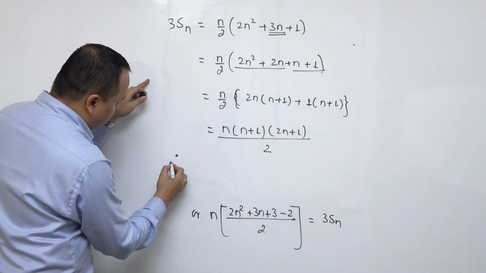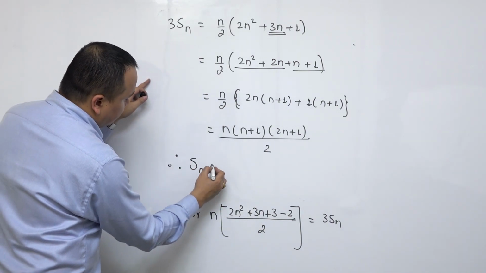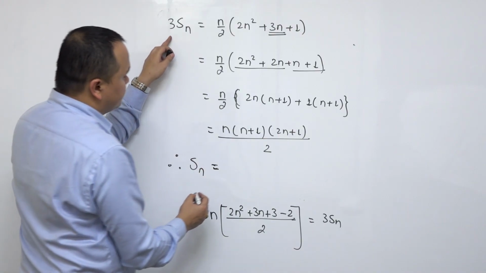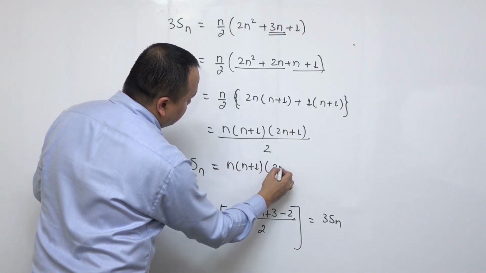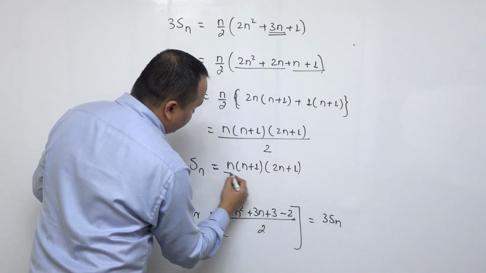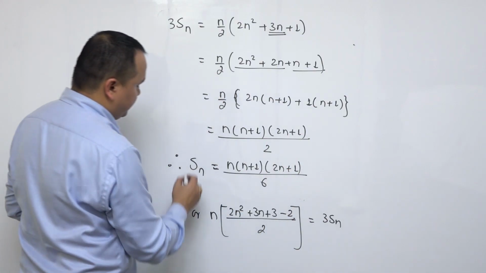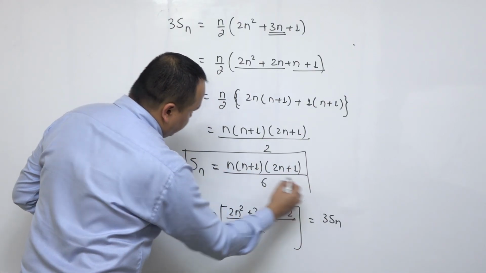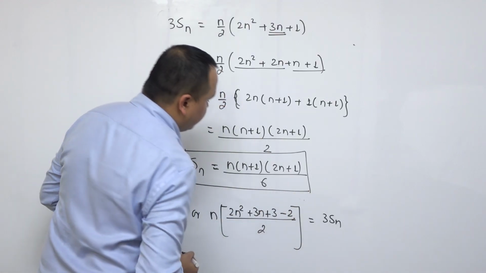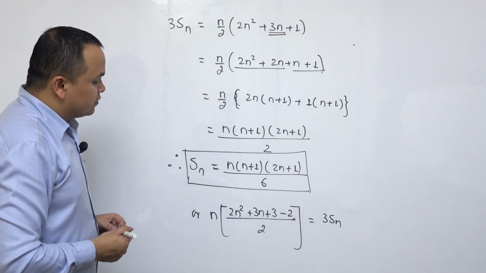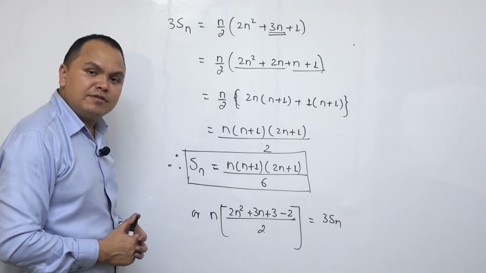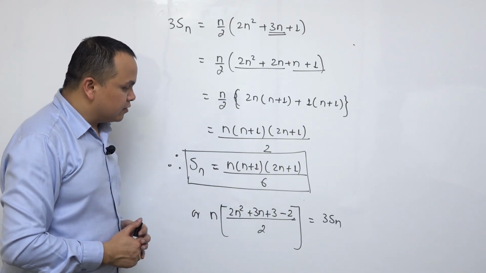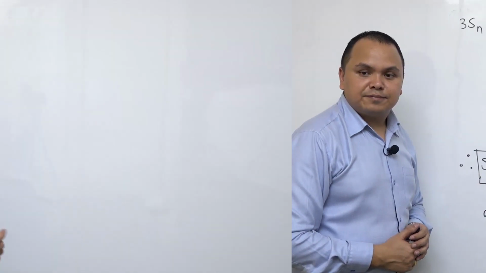So therefore, Sn is n times n plus 1 times 2n plus 1 divided by 6, which is the formula for the sum of squares of the first n natural numbers. Sn is equal to n times n plus 1 times 2n plus 1 divided by 6. Okay, similarly,